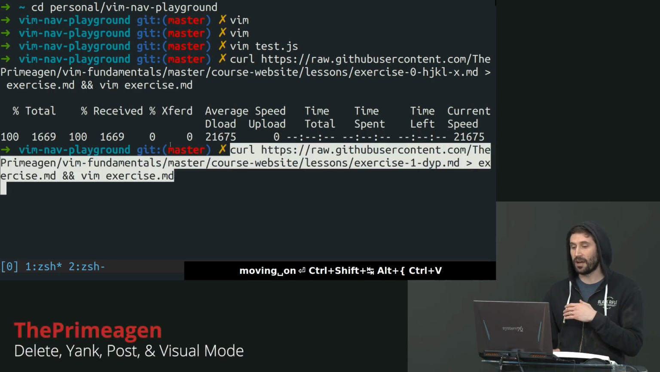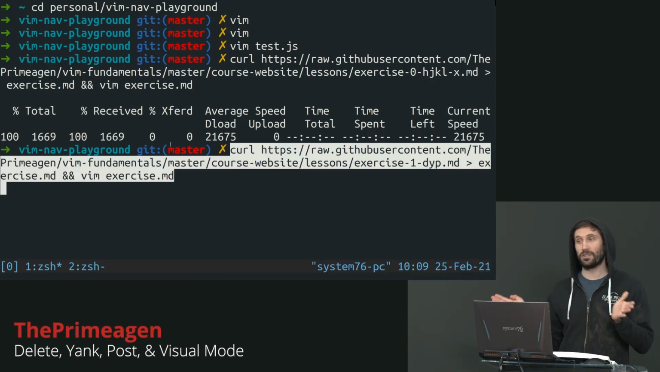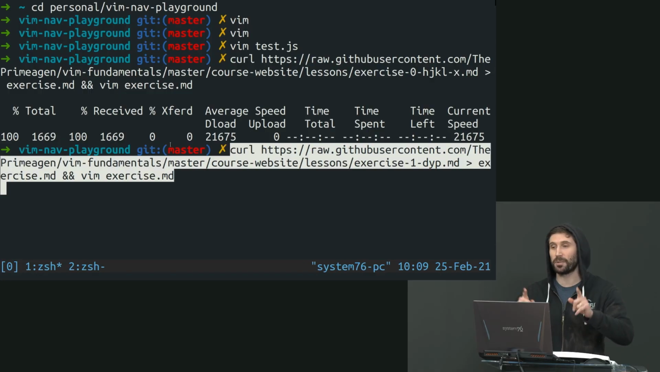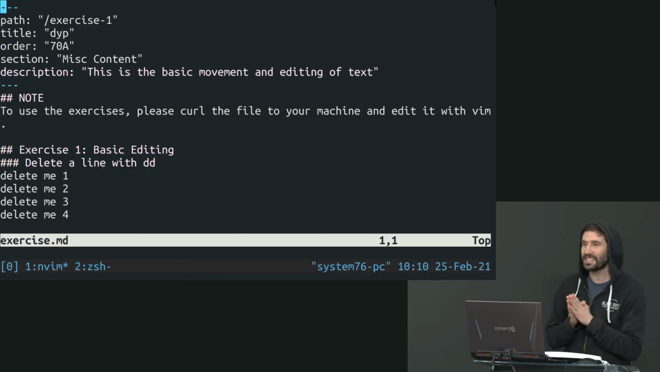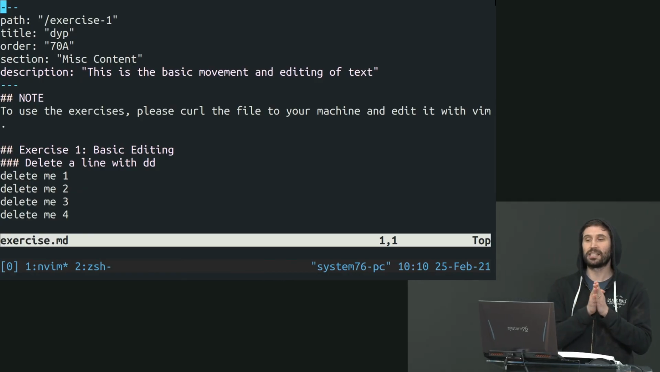Now I'm going to curl this down. It's the exact same thing again. Mystery script from the internet, save it onto your computer, let's edit it, right? Fantastic. All right, it's of the exact same style as the previous one, except for now we're going to learn